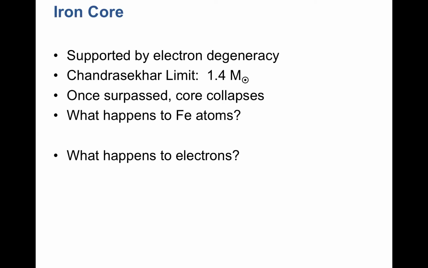Once you exceed that mass, electrons will have to be moving faster than the speed of light, and it just can't happen. So that's the situation in the center of our star. We have an iron core, and the iron atoms are nice, but it's really the electrons that are holding it up from collapse. And once the combined weight of the electrons and iron atoms exceeds 1.4 solar masses, and it will in the centers of these very massive stars,